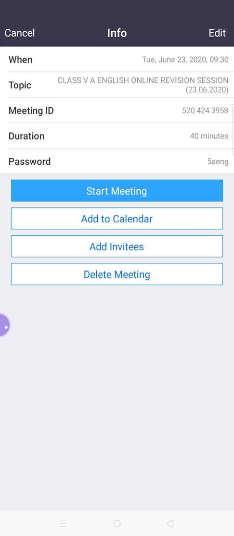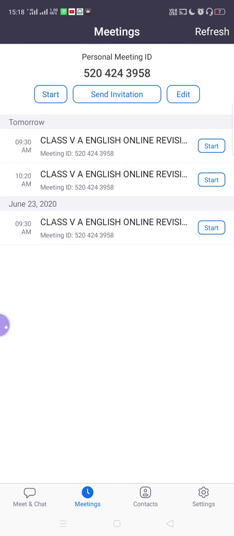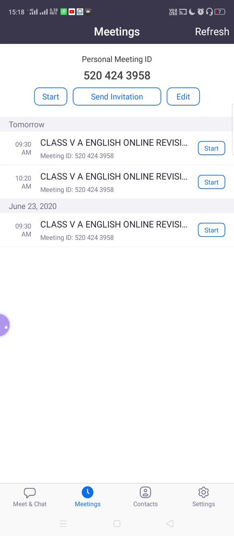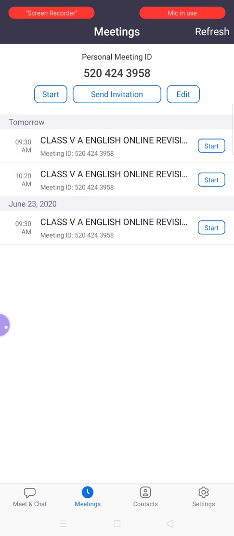Now what you will do on that day when the meeting is going to start: you will press this meeting option. You will have this list of meetings. Can you see the start button at the right side? Yes, you will just start a meeting. I'm just starting a meeting to show you the basic options inside the meeting, once you have started it.